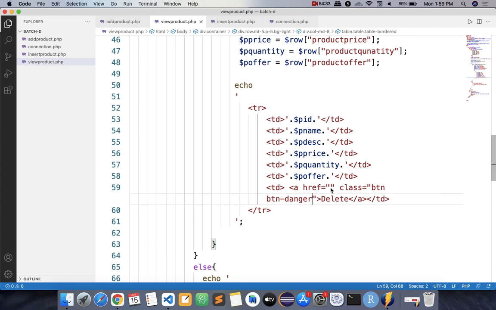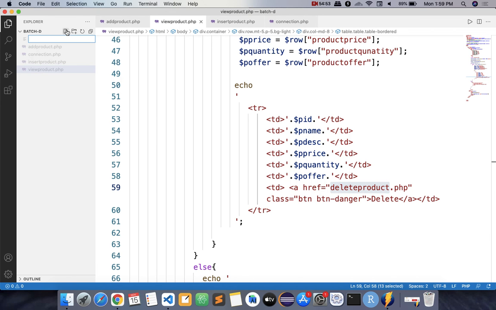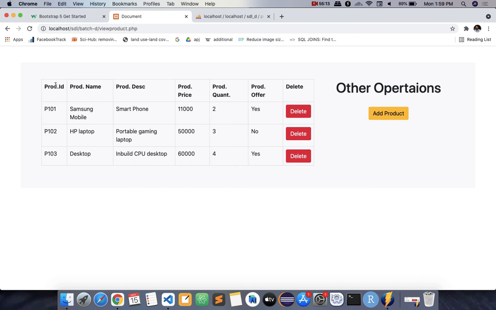Okay, so what I'll do, I'll create one page that is delete product dot php. Means whenever you click on this delete button, you are redirecting to the delete product page. तो delete product page का काम क्या होगा? डेटा को डिलीट करना. So you need that page, create that page with extension php. So here you will receive that value. लेकिन आपने किसके सामने वाला डिलीट बटन दबाया वो आपको आइडेंटिफाई करना पड़ेगा, राइट? सो यू नीड टू सेंड वन वैल्यू टू दैट पेज कि मैंने इसके सामने वाला डेटा डिलीट बटन दबाया. So which is the unique value here? The Product ID is the unique value.